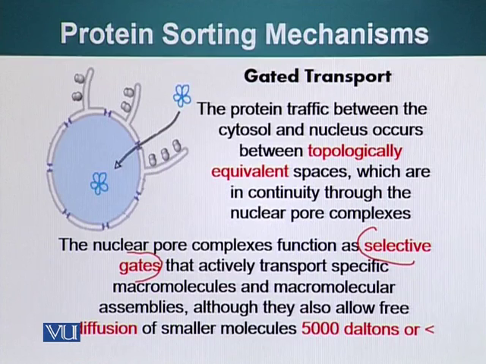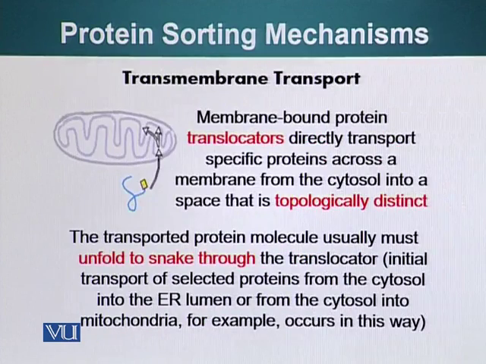So if a small molecule of less than 5,000 daltons wants to get into the nucleus, it can get there unhindered. However, larger molecules are selected, and that is basically a function of the nuclear pore which is present on the surface of the nucleus. We'll talk about the structure of the nuclear pore later, but let's continue our discussion about the different mechanisms of protein sorting. The transmembrane transport,